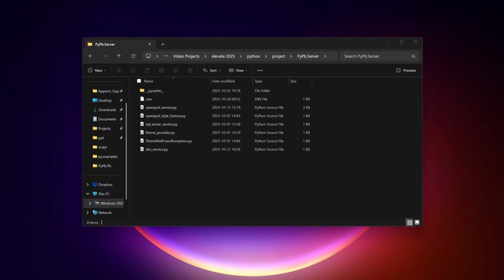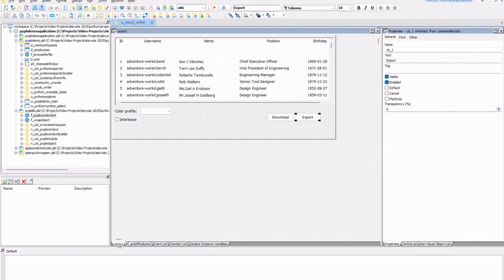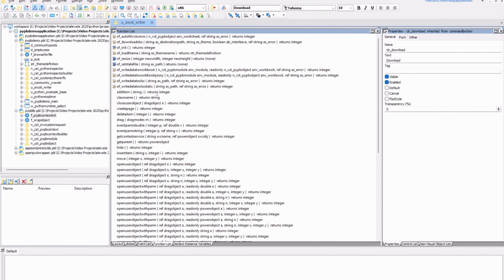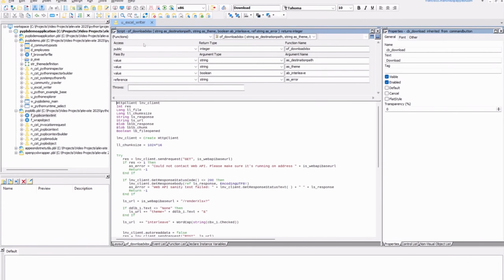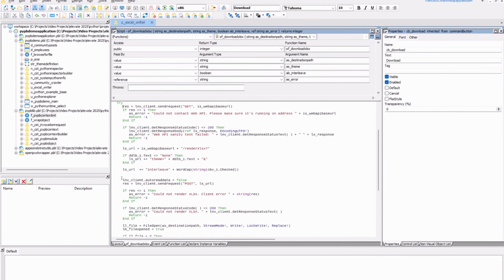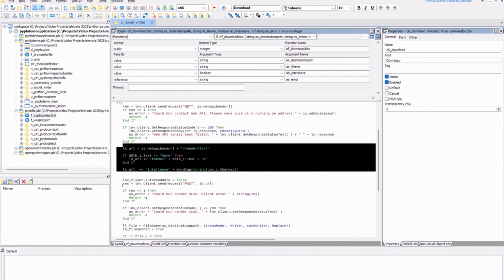Now on PowerBuilder, if we open the download button's clicked event and then follow through to the download xlsx function, we will see that consuming this Web API is very simple. I create an HTTP client instance, contact the root endpoint just to make sure that the Web API exists, build the request URL with the options specified in the UI,